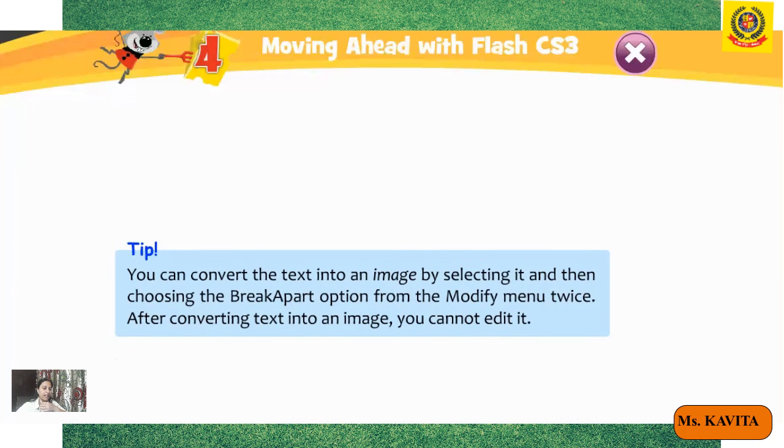Click and select a font color from the drop down color palette, and click to apply bold, italic and styling to the text. Then click to set the alignment of the text to the left, right, center or justify. So in this way you can change the properties of the text.